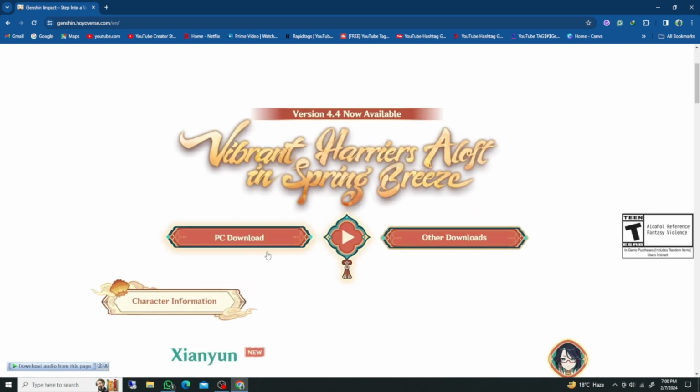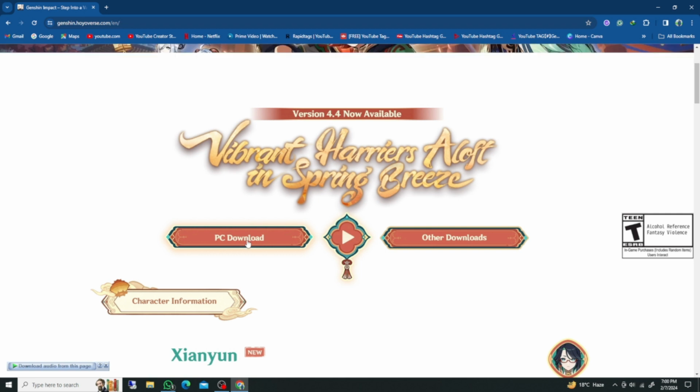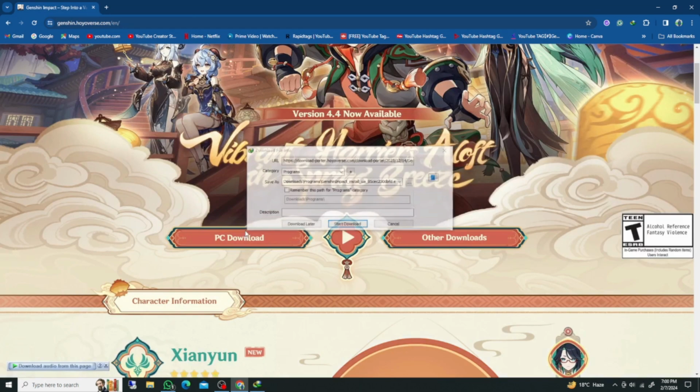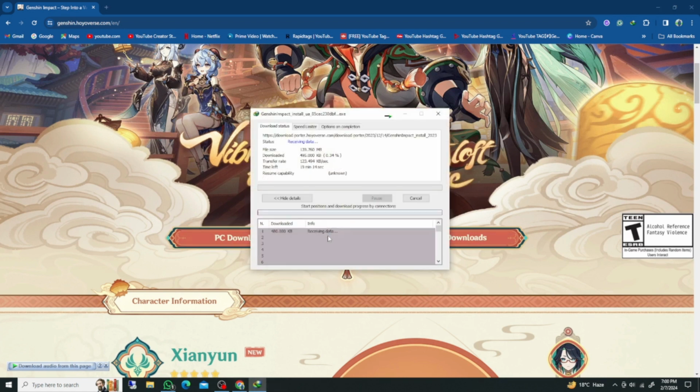So guys, simply open this website here, and now you will see the option of PC download. If you have a laptop, you can easily download from PC download. Click on this, and you need to wait for some seconds, and now you can see here is the option of download. Simply click on start download. When you have completely downloaded Genshin Impact, then you will be able to install it without any